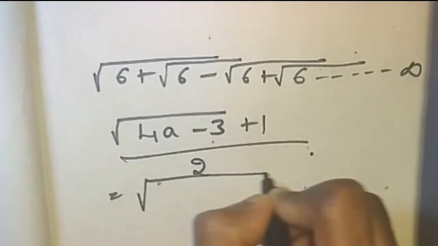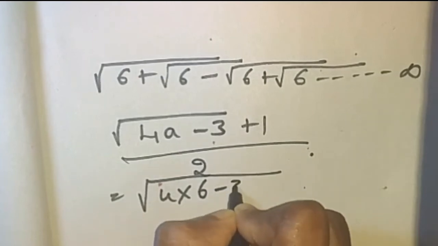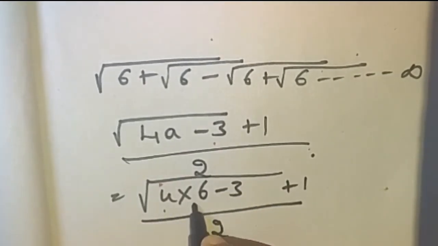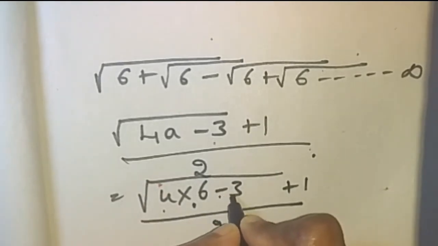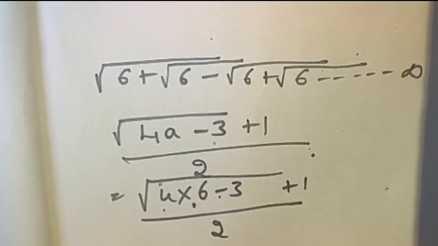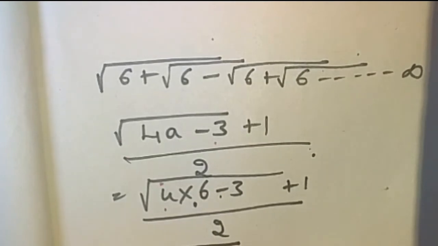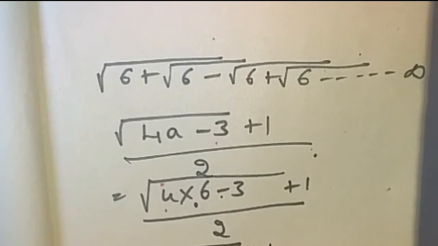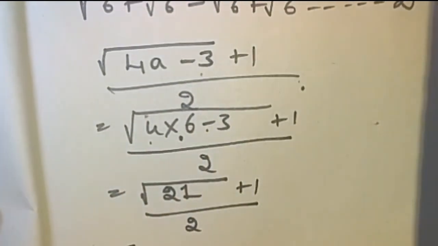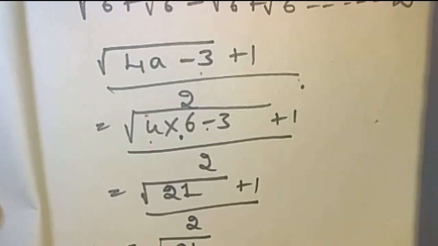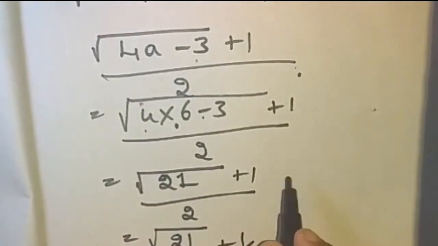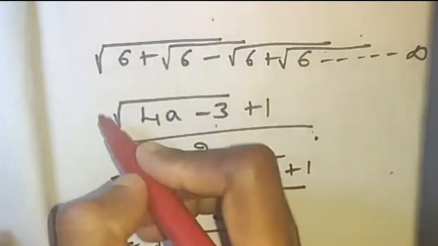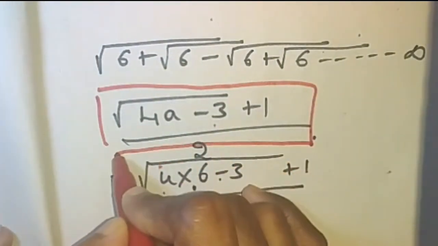Now 4 into 6 minus 3, plus 1, divided by 2. 6 4s are 24. 24 minus 3 is 21, plus 1 divided by 2. We can write this in both ways, root 21 by 2 plus 1 by 2, or else directly also you can write. So this is the answer for this, and you have to remember this formula